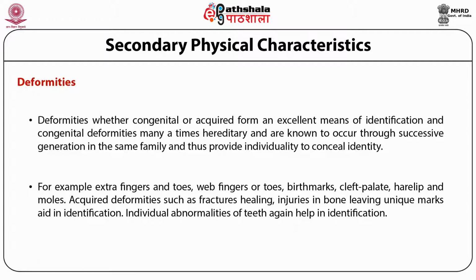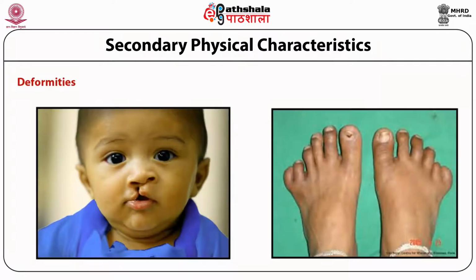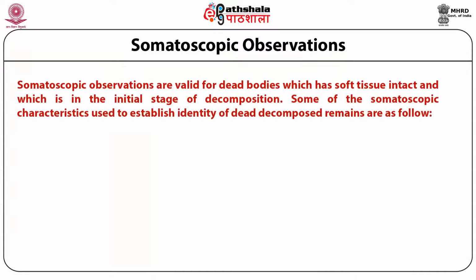Individual abnormalities of teeth again help in identification. In the presented diagram, examples of deformities are shown. In the first image, a birthmark in a child is presented, and in the second diagram, an example of polydactyly is shown. The somatoscopic observations are valid for dead bodies which have soft tissue intact and which are in the initial